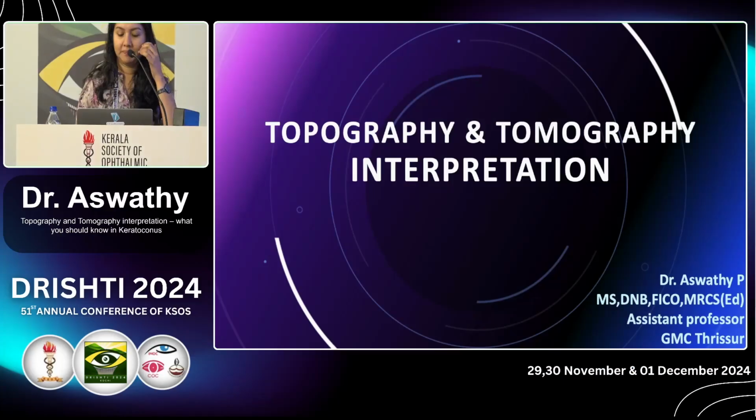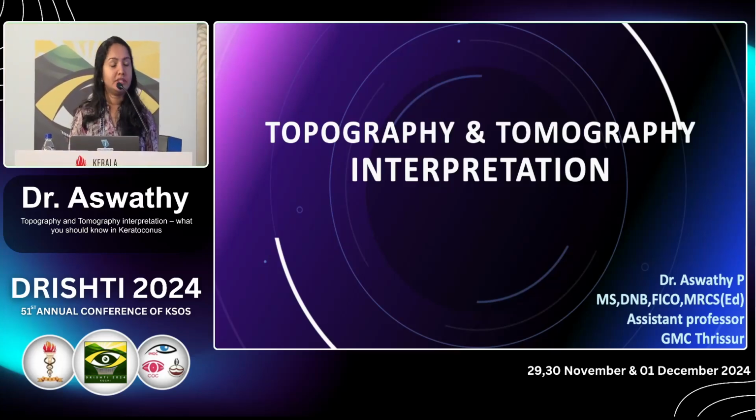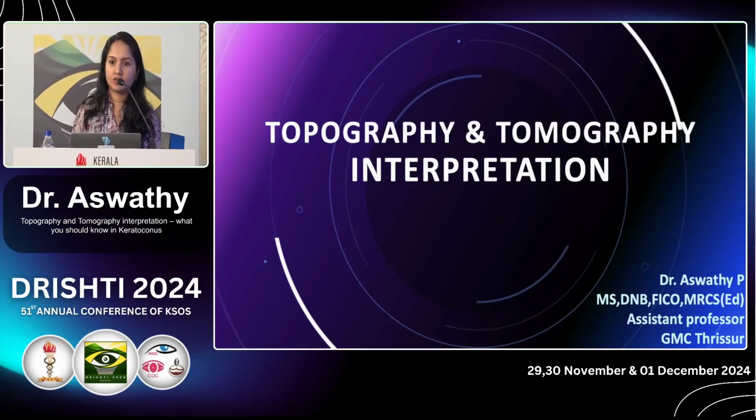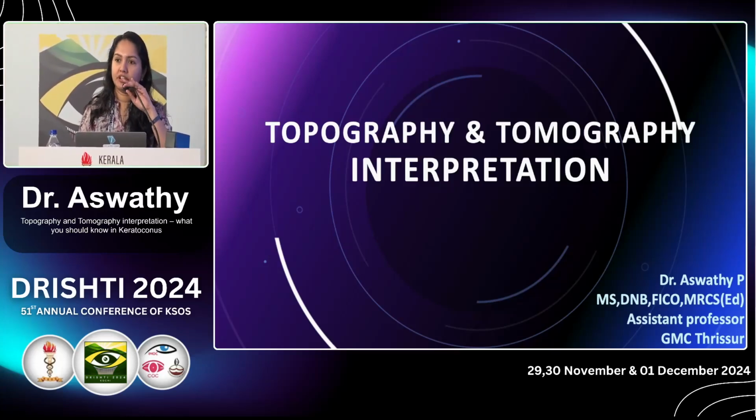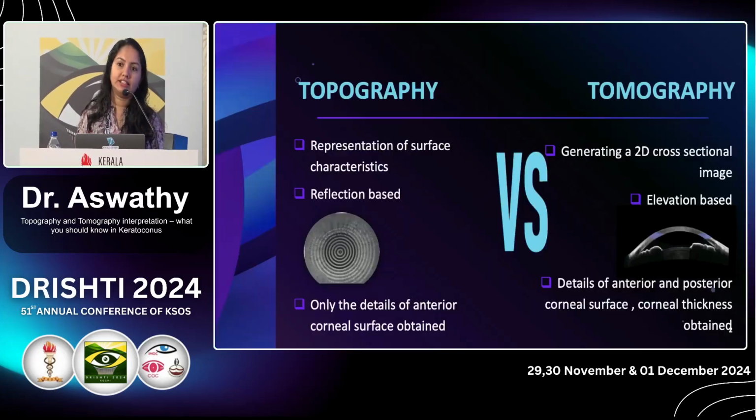Good morning all. Even with a very careful physical examination, sometimes you might miss the early signs of keratoconus. It is then that topography and tomography play an important role. So what is basically the difference between topography and tomography? Topography is basically the surface characteristics, the surface curvature and the details. But tomography is more of a 3D reconstruction where many things, in addition to the anterior curvature, can